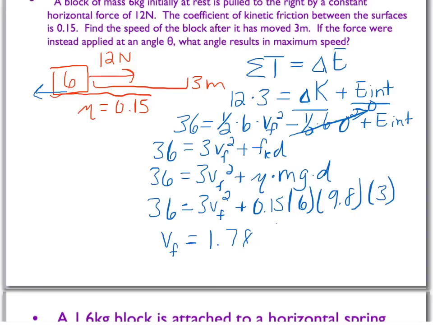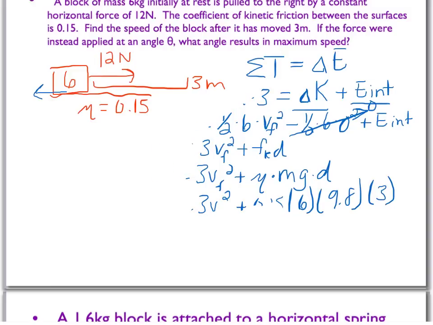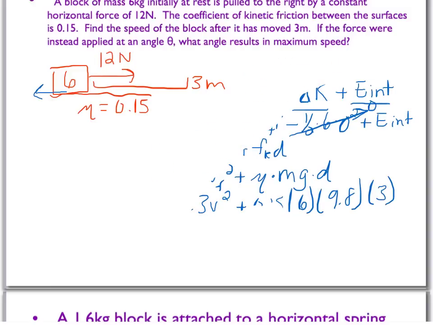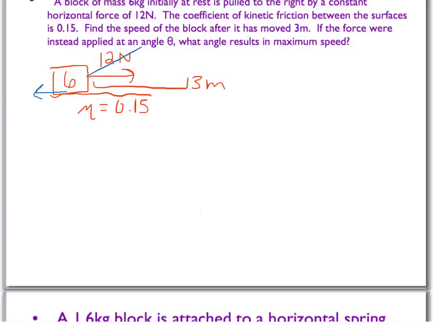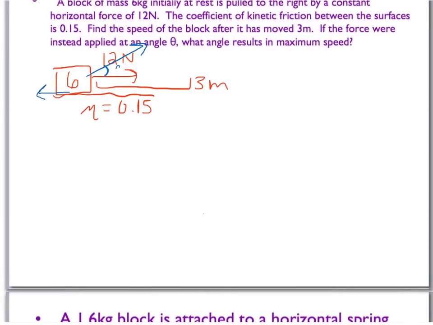The second question asks you to say what happens if this force is actually provided at an angle instead. What if we didn't pull at a horizontal 12 newtons, but instead we pulled with that 12 newtons at some sort of an angle theta? In this case, this would change the problem just a bit. And now we would look at the force acting at some sort of an angle like this instead,